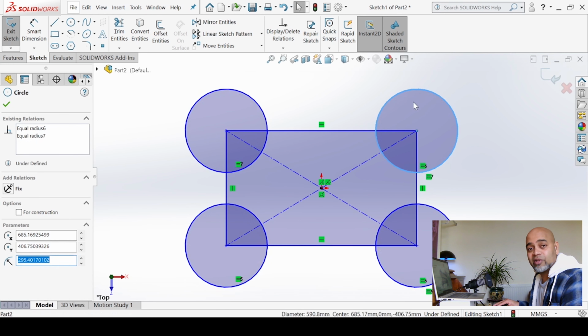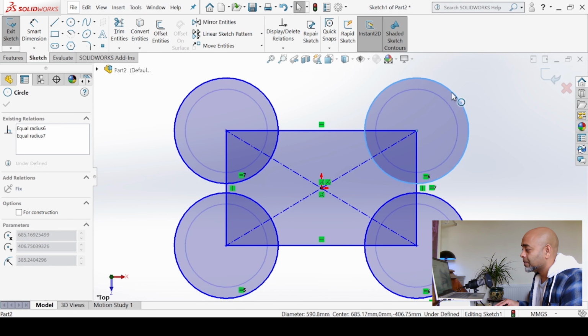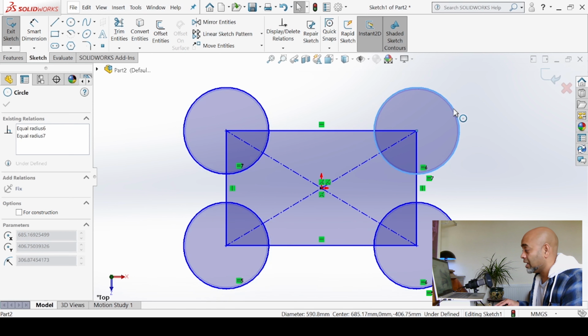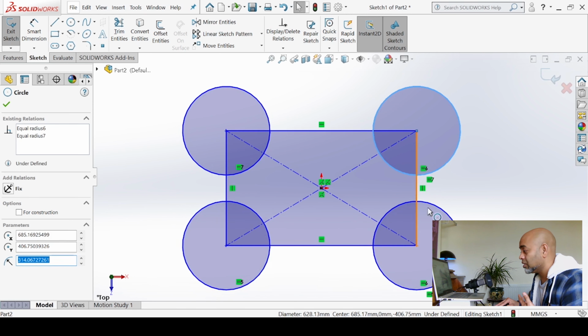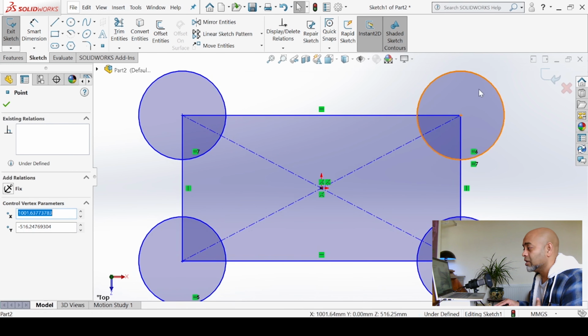So all I'm doing is grabbing onto the edge of the circle and dragging that just to see what effect it will have on others. And clearly my constraints, which are quite a few now on this graphics area, are in action, and they're showing they're working, and there's a full connection between that circle and the rest of the mechanism. Okay,